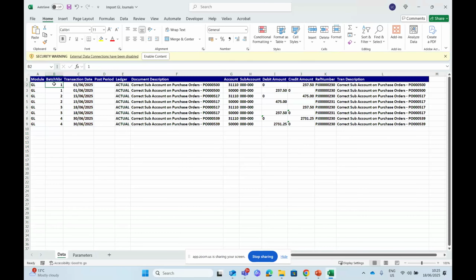So you can see I've got different batch numbers here. Because I've got different batch numbers, it will generate 4 journals for me. So this batch number indicator splits my journals. This is how it knows to make it 2 journals. Even if I've got different dates and one number, it will just take the last date and overwrite the dates all the time. So the batch number indicates whether the journal must be split or not.